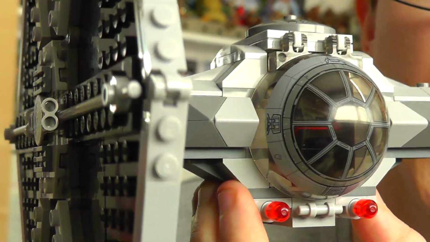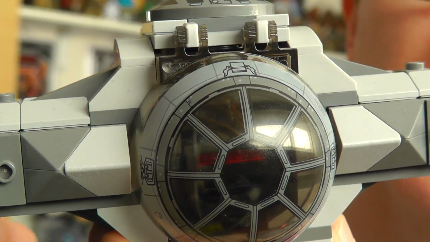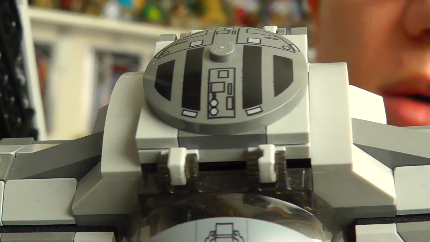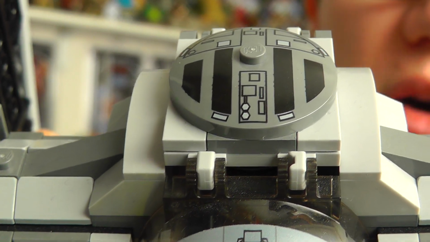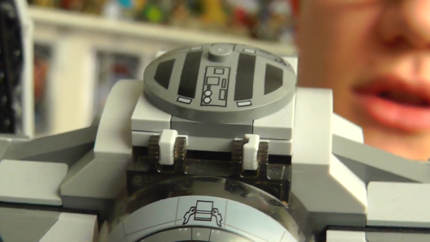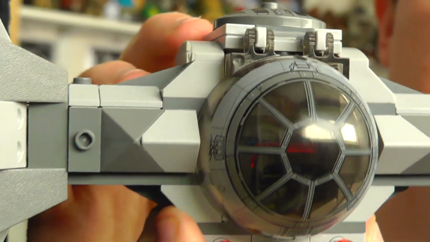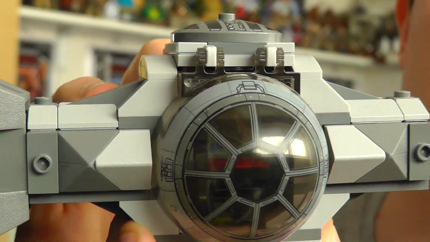I hope you're getting a good look at the cockpit area. Obviously the window has a very cool print applied to it, as does the top of the vehicle as well. In Star Wars canon this would obviously be the area where the TIE pilots enter the vehicle. However, since this is a Lego set and not a screen accurate replica, Lego have altered that ever so slightly